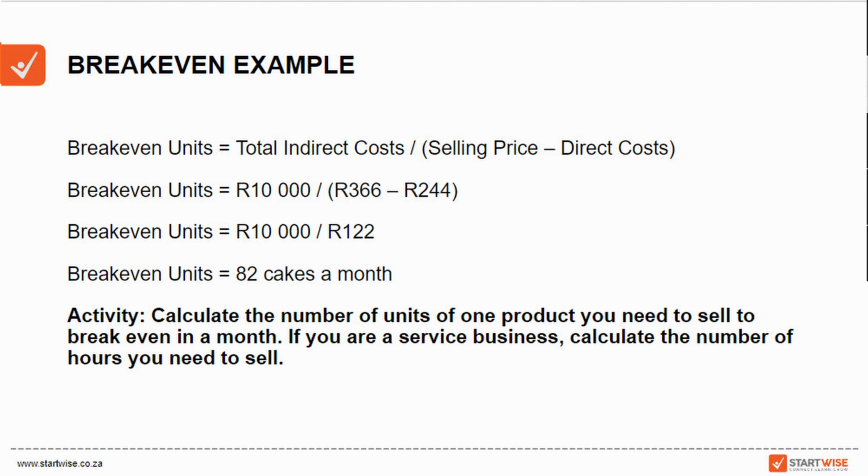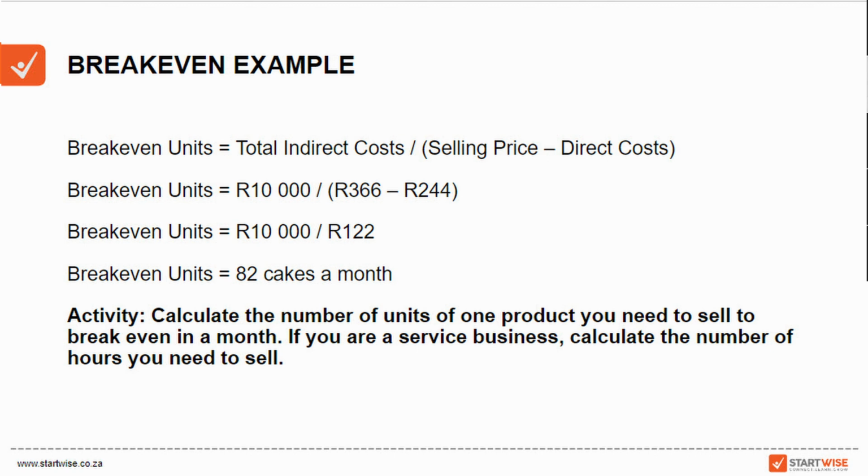And then again, bear in mind, you can't just increase your prices so that you don't need to sell as many per month. You obviously need to go back and think, what are my competitors selling their cakes for? What will the market tolerate? What is my pricing strategy? And those kinds of things. And then, of course, is it doable capacity-wise to be able to be selling this much? If not, what can I do about it?